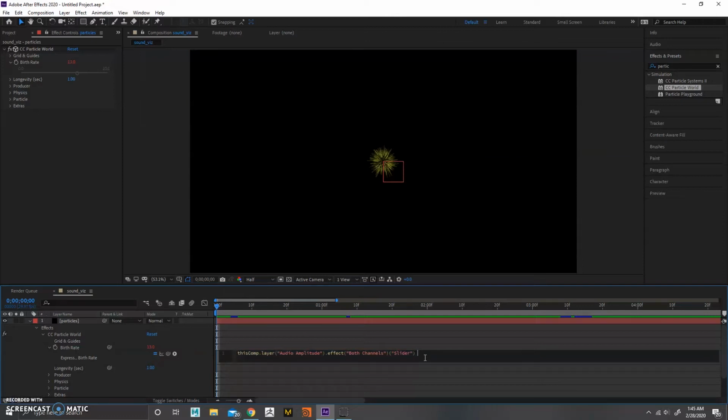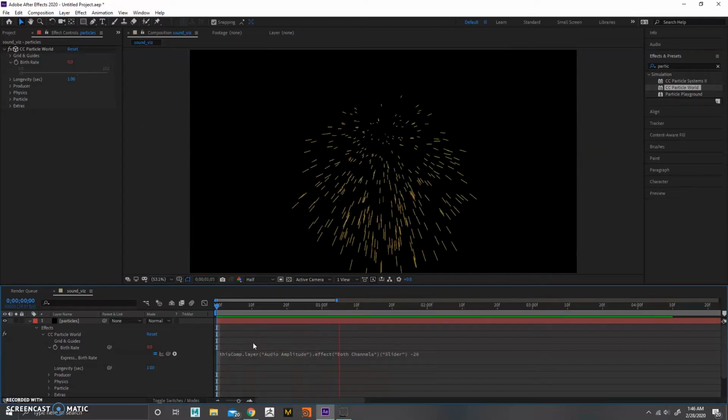So in our case, because we have way too many particles being created, because basically the information that the sound keyframes are way too high for the birth rate. So we have to offset that information, okay? So I'm going to put in something like -20. Basically, it's just going to offset the value of the birth rate by 20, okay? So it just makes it very easy to adjust up and down. So then just click off, and then if we play it again,